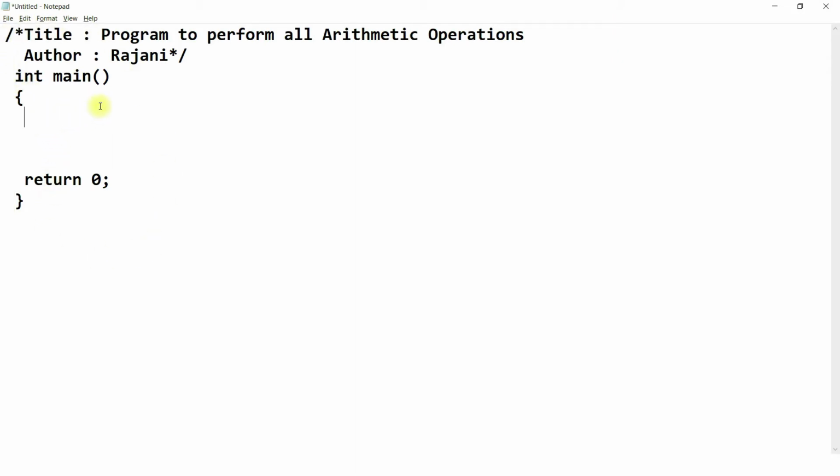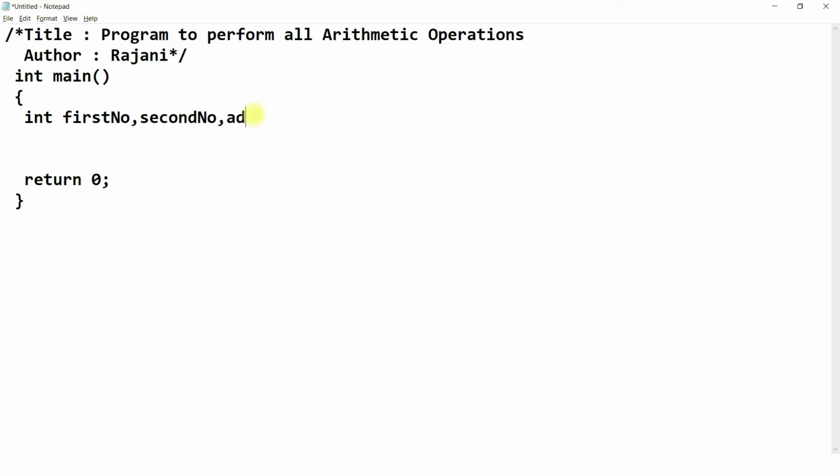Now let's take two numbers. First we need to write data type integer. Let's take a, b. Instead of giving the names a, b, we already learned in the naming conventions for the identifiers that it is better to give meaningful names. So I am naming it as first number, second number. These two variables are for taking input. Then we need to declare 5 more variables.